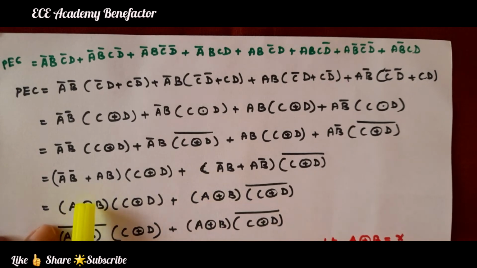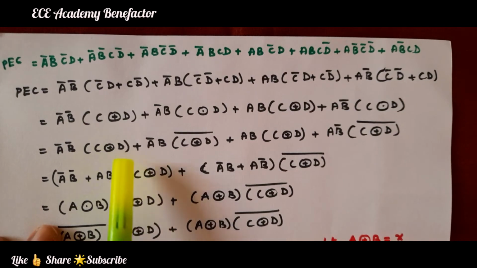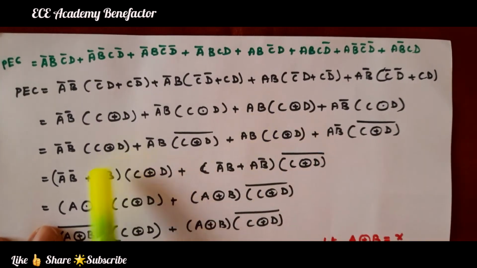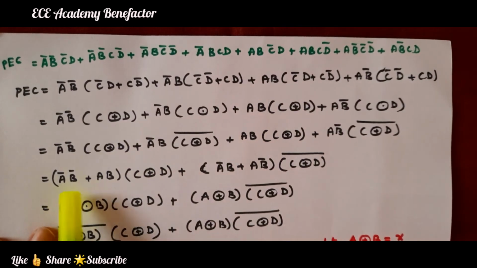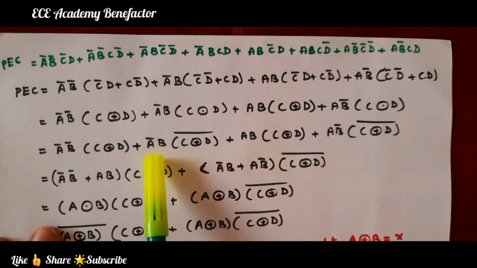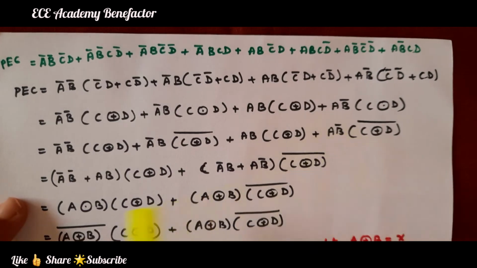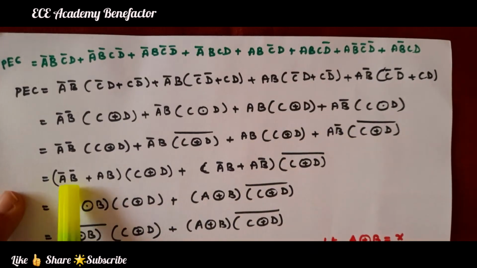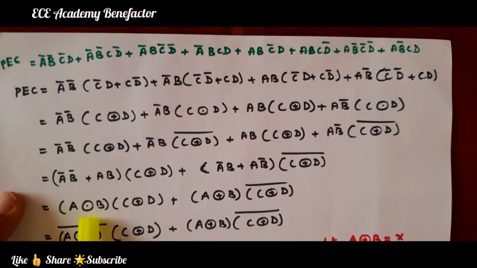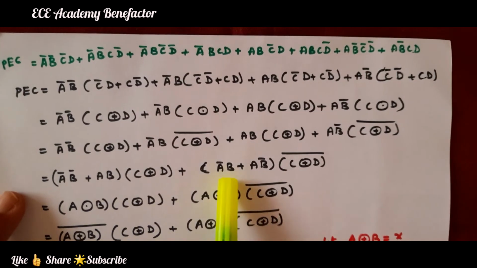Now let us take C XOR D common. In the first and third term C XOR D is common. We are getting A bar B bar plus AB. C XOR D bar is common in the others. We are getting A bar B plus AB bar. Okay. So what is A bar B bar plus AB? This is A XNOR B. A XNOR B dot C XOR D, plus A bar B plus AB bar,